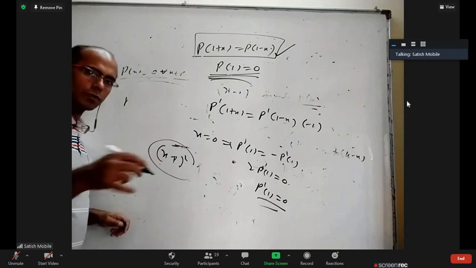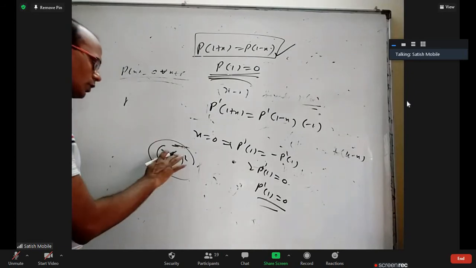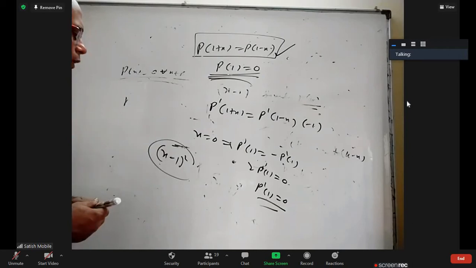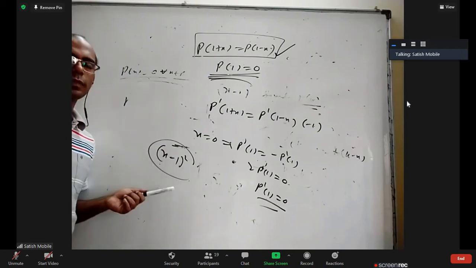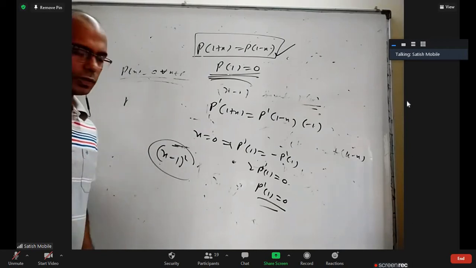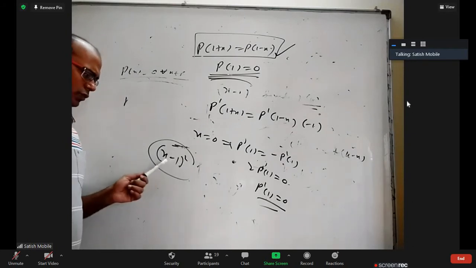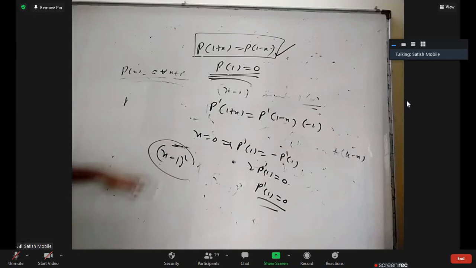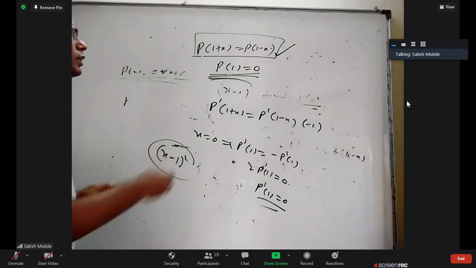So there are a lot of polynomials satisfying this data. But all of them should be divisible by (x minus 1) whole square because there's a quadratic which is divisible by (x minus 1) whole square. There can be cubic, fourth degree, whatever. But later on, I want to think from here to prove why it must be even degree, not odd degree. I think we can tell directly.